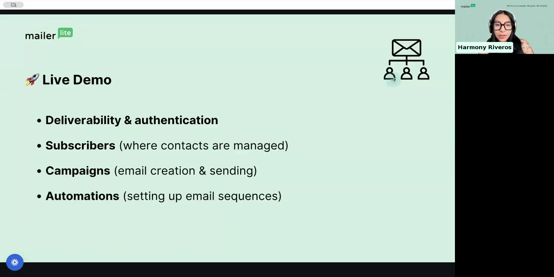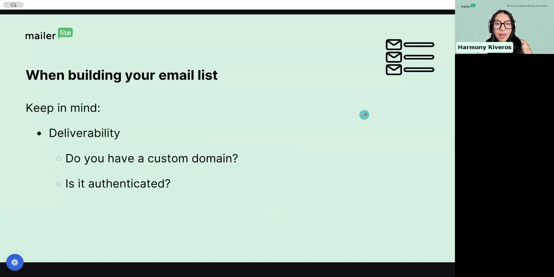Okay, let's get into the overview. We will talk about deliverability and authentication, subscribers, where contacts are managed, campaigns, email creation and sending, and automations, setting up email sequences. So talking about building your email list,